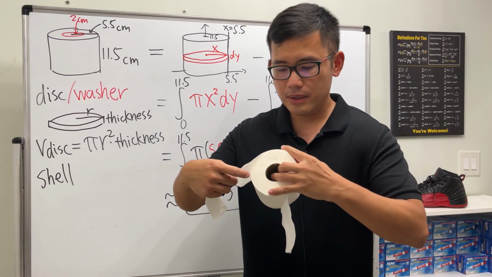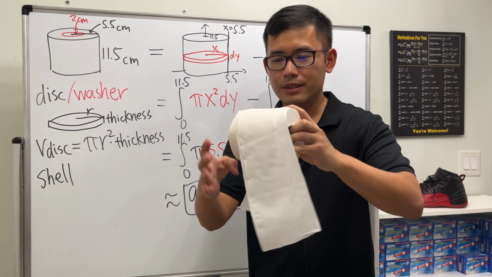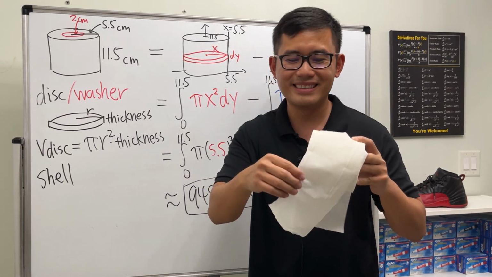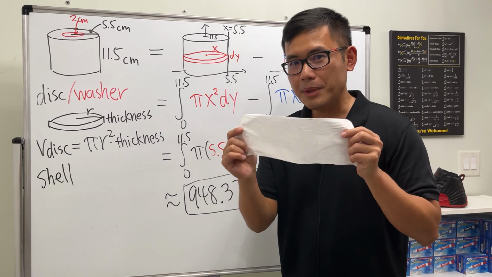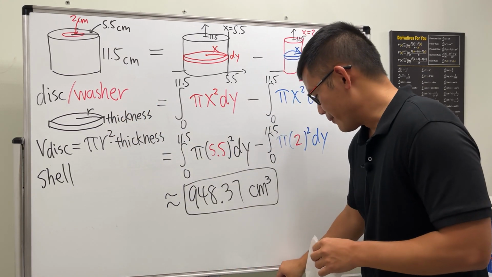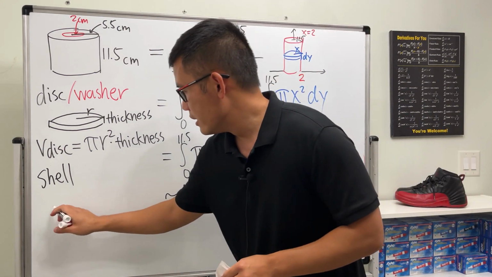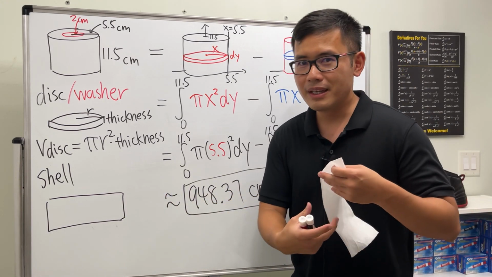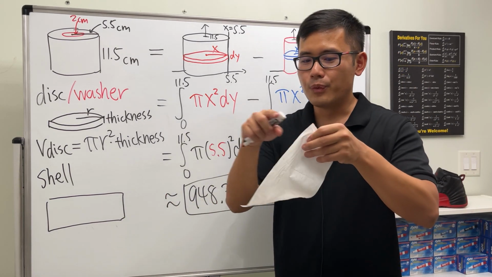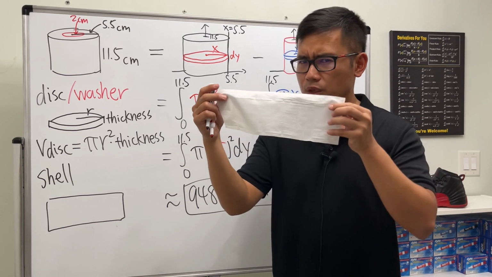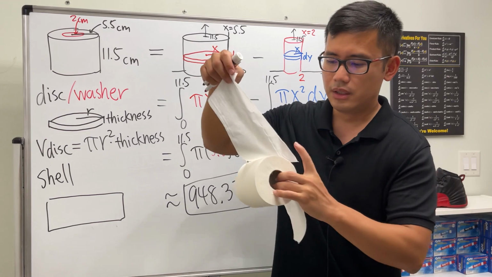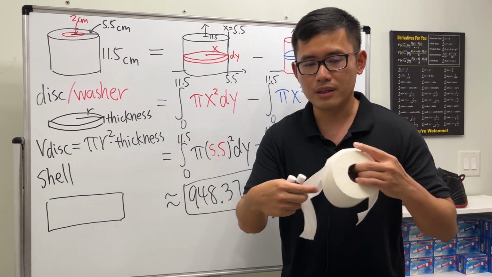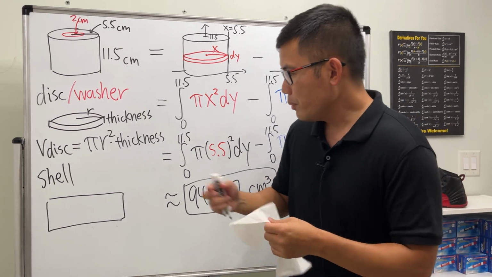When we unwrap each revolution, right? This is technically one revolution. I think I just didn't do a good job, but just imagine this is one revolution. Once we unwrap it, what kind of shape are we getting? It's a rectangle, huh? So we are actually going to look at the volume of this sheet of toilet paper, aka a shell. Does this have volume? Yes, it does. Well, we need to first know the length. And where did we get the length? Well, earlier we unwrapped one revolution, so that's the circumference of the circle, huh? Of the cross section here. So the formula for that is 2 pi r